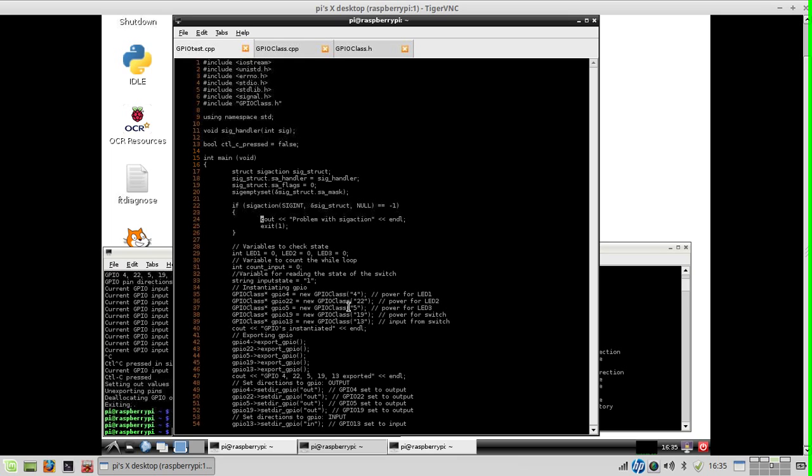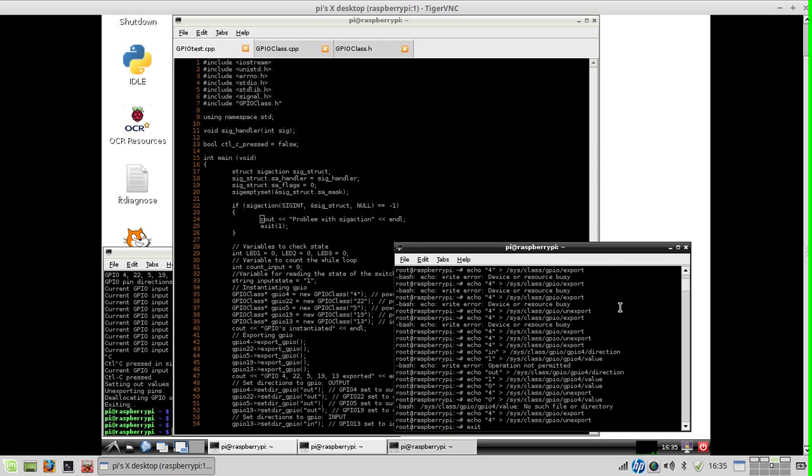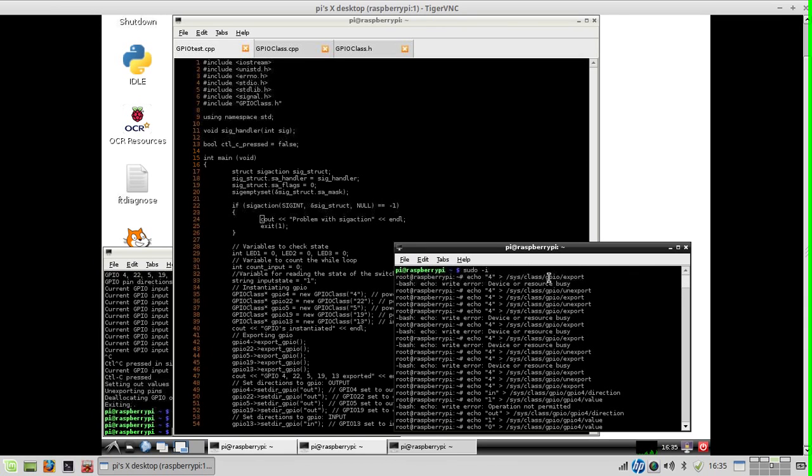There was a little problem last time and I had not signaled it because when I tried to run it and I noticed there was something wrong on the breadboard, I went to the original experiment, doing everything on the command line. And when you do everything on the command line, you export,